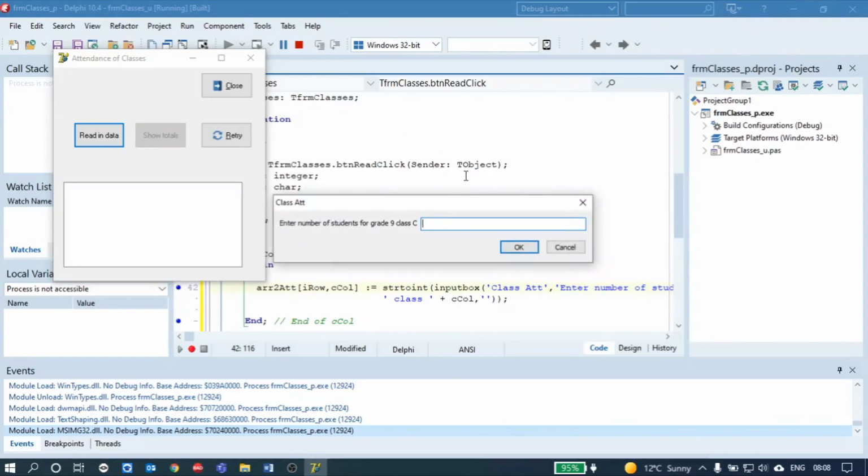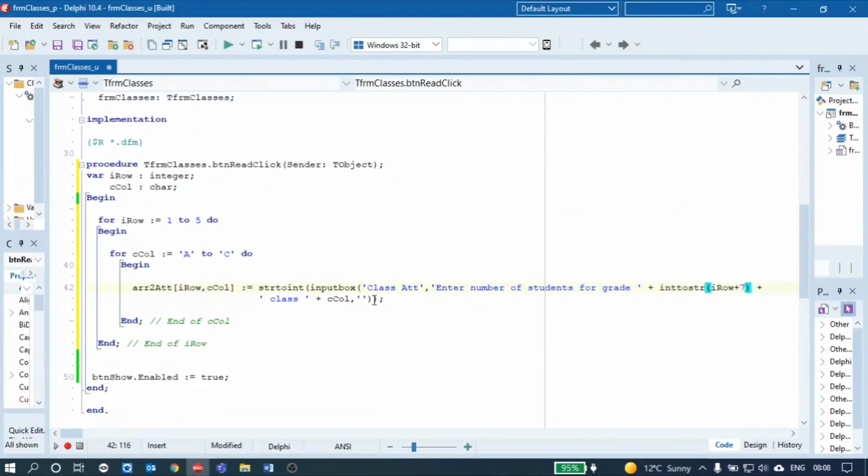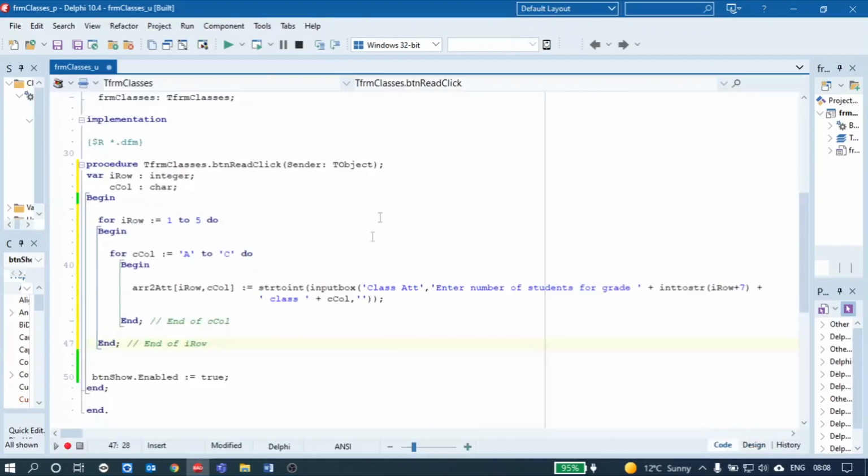This is going to carry on until grade 12, class C is done. So I'm not going to go through all of it. I think you get the idea. That's now our array done and dusted. So we can move on to doing our simple calculation. Okay, before we go,